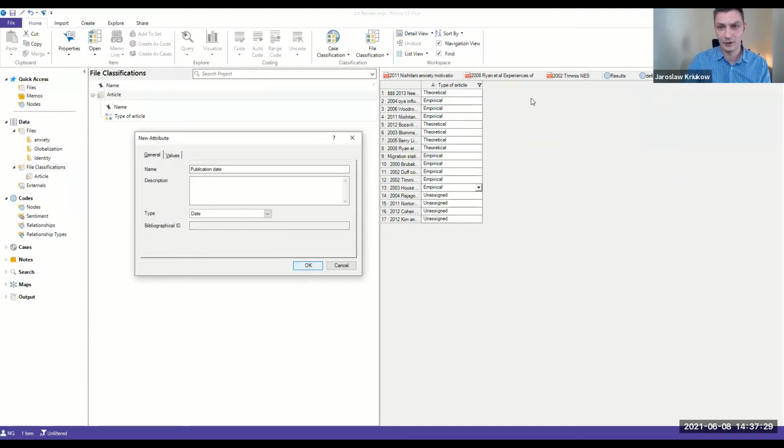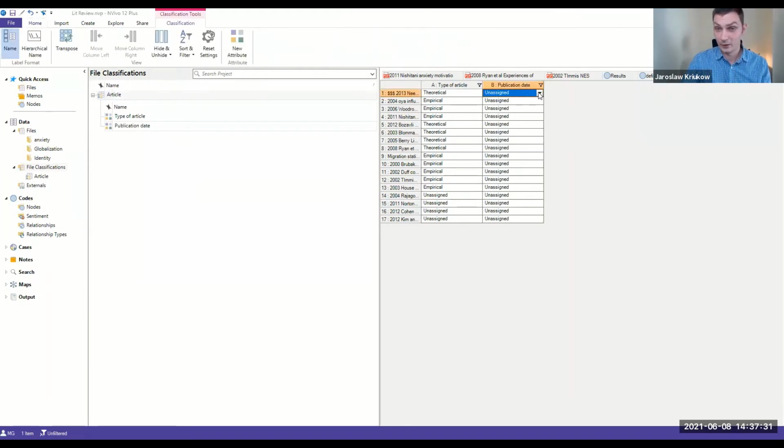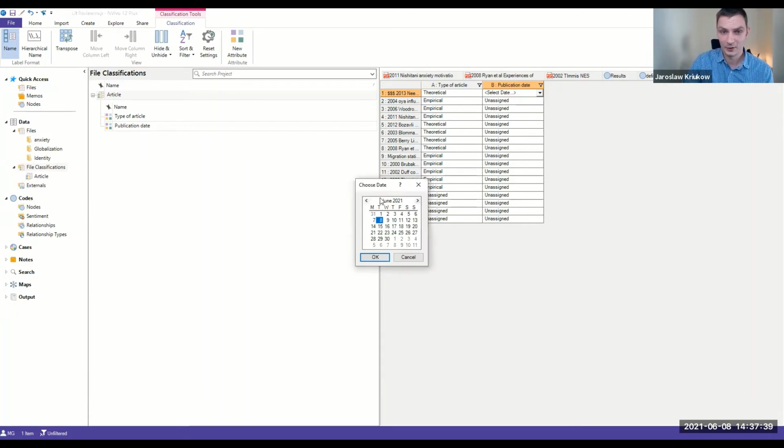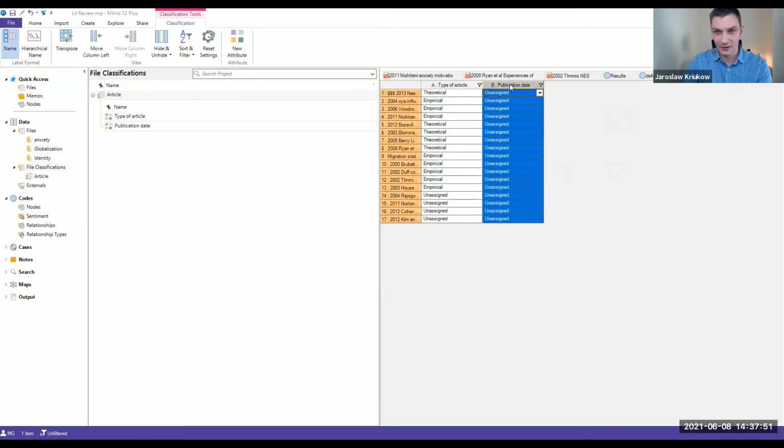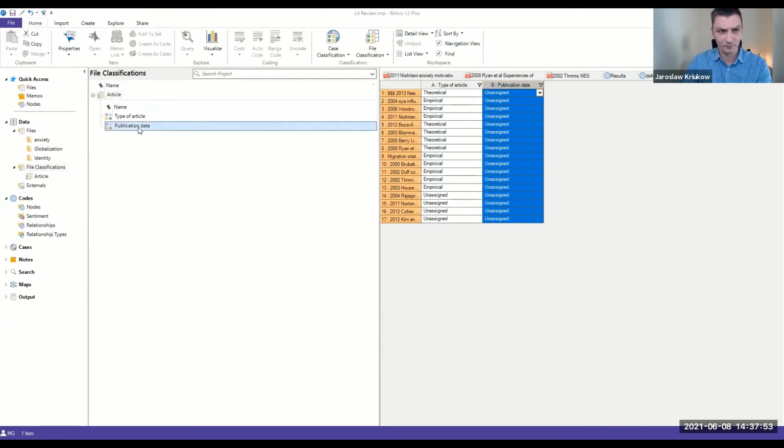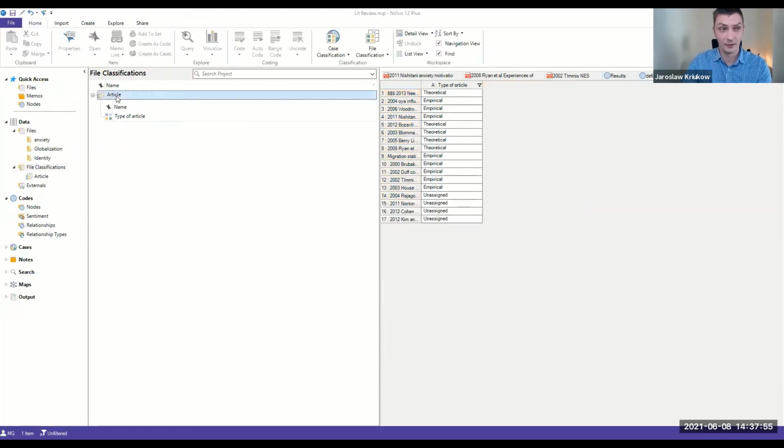As you'll see, what I do here now is select date. So when I want to assign these characteristics, it gives me the option to select date. So this was 2013, and you have this calendar, and basically you can find it. The other option, because I can see that it's probably very time consuming, I'll actually go with the other type. So new attribute, text,